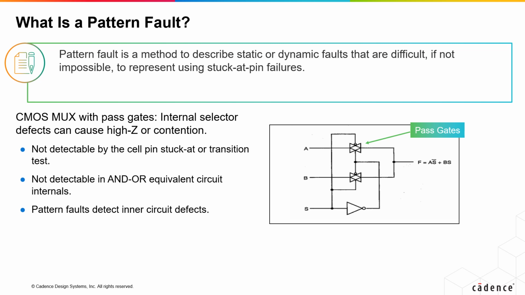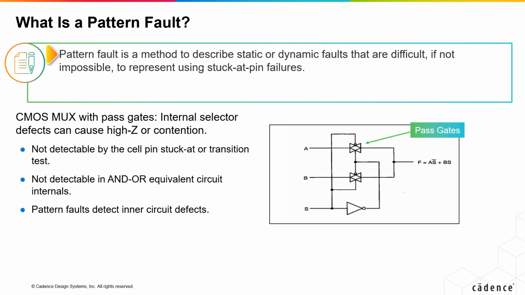Pattern faults are a patented fault modeling technique unique to Modus. Basically, the required stimuli and expected responses are defined in terms of static values or transitions on the pins of the structure to be tested. When the pattern fault is selected by test pattern generation, the test pattern generator sensitizes the fault by applying the required values and transitions to the input nodes of the structure and propagating the resulting values at the output nodes